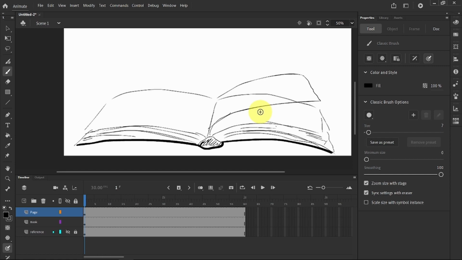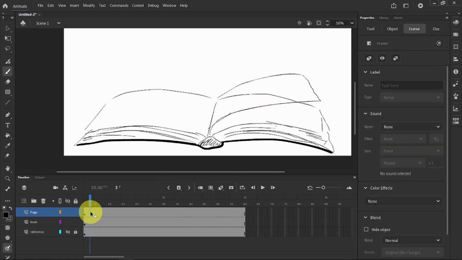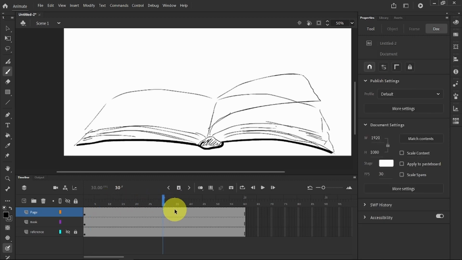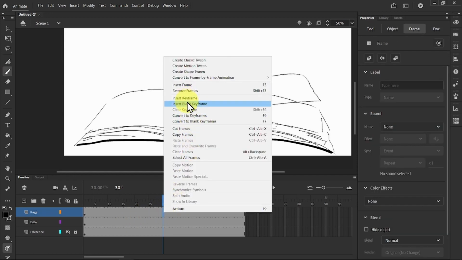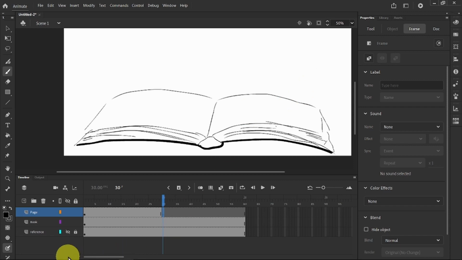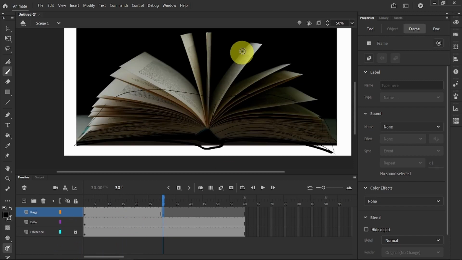So animating a page turn, let's get on with this. Jumping on a couple of frames, let's say halfway point, that's a good one. So I'm going to insert a blank keyframe at this point, because what I need is I need to remove that page, and I need to actually drop in that vertical reference. So here, from about where it starts, straight up,